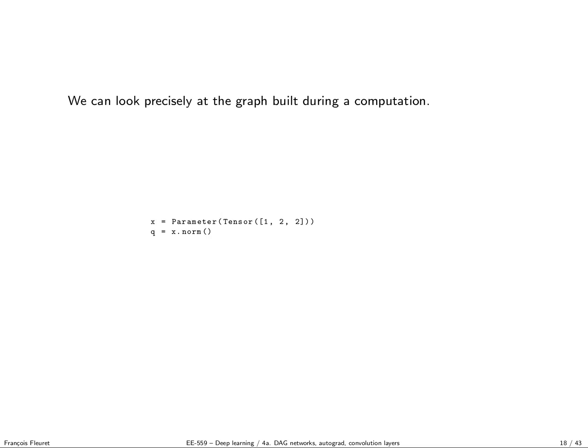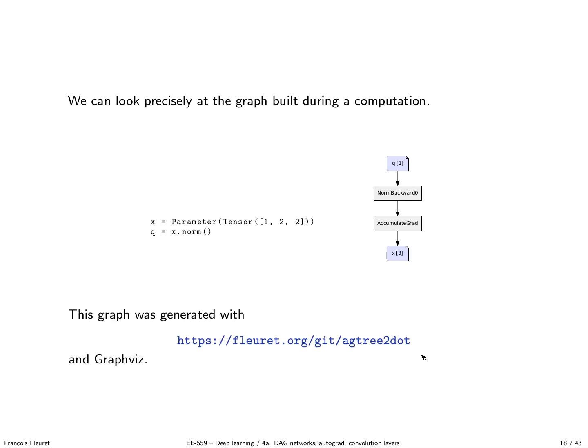So we can visualize what graph is built by PyTorch, by AutoGrad. The graph is not the graph of the operations that you did, but the graph of the operations needed to compute the gradient with respect to the quantity you are interested in. So if I go back to the little example where we define a tensor of dimension 3 and compute its norm, I wrote this little package that you can download. There are other variants of this; other people did the same.